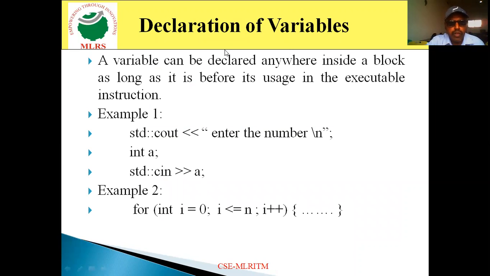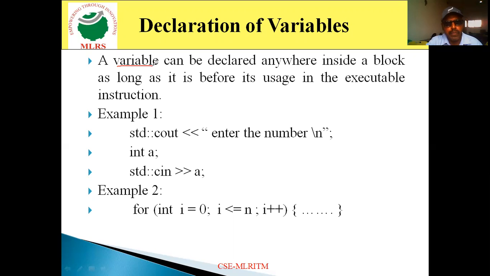Now, first of all, what is meant by a variable? A variable is nothing but a data name which is used to store a data value. If you want to store any value, then you can store it in a variable. Just as you store your ornaments or important documents in your secret almirah, similarly here also you can store a value in the variable. Now, the next step is how to declare the variable in the programming language.